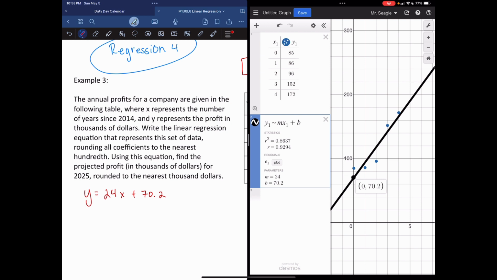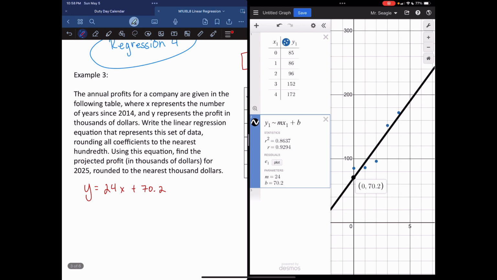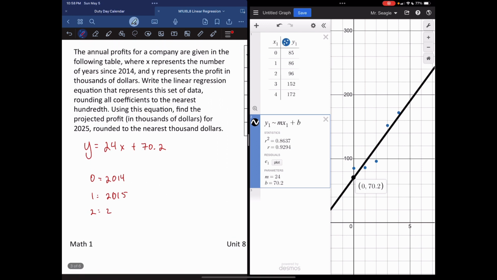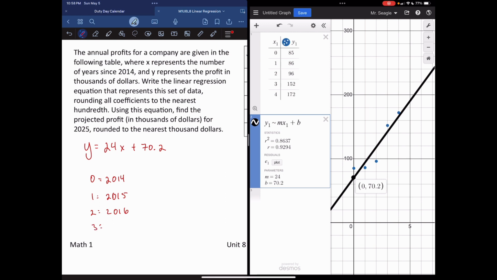Okay, so now this is where we have to really think through the problem. Remember, 0 represents 2014. So 0 equals 2014. 1 is going to represent 2015. We need to go all the way to 2025. Okay, so we are looking at 11 years. So if 0 is the first number, we're looking at x being 10. Okay, let's just, I'm going to